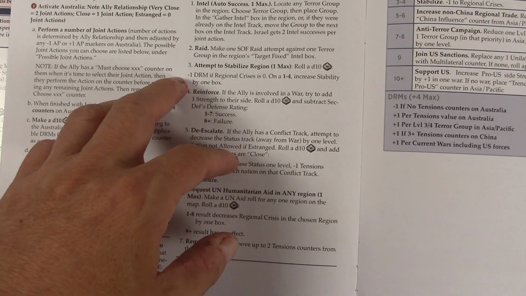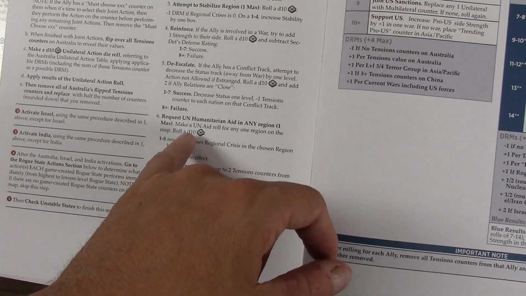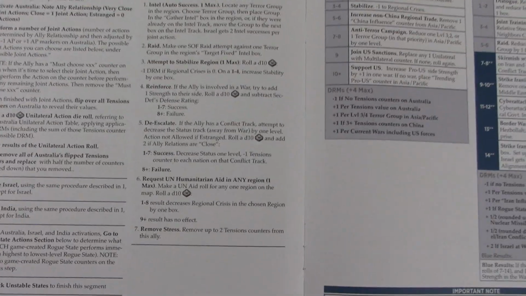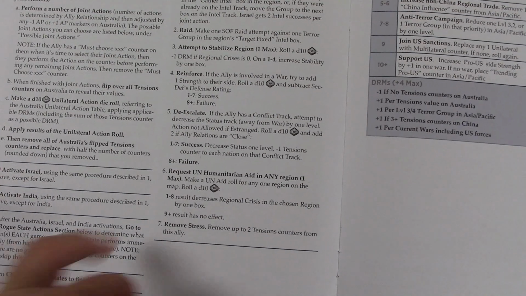I think what's really important here is I want to try to decrease this 3 terror group here. So I'm going to do an intel that gives me an auto success. So I'm going to bring these guys here to the locating box, and I'm not quite sure what I want to do now. So yeah, actually I think I will try to do a raid against these guys. No, I can only do this if they're in the target fixed box. So that means instead